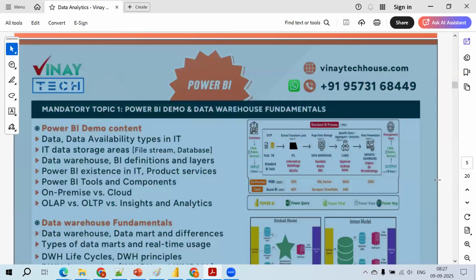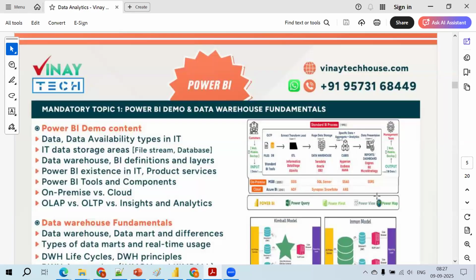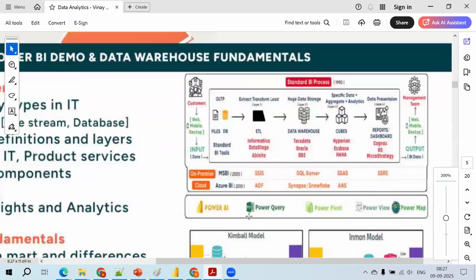If you see this diagram, friends, first, we have the data in the OLTP system, online transactional processing. From this data source, I'm extracting the data and then loading the data into a data warehousing system for a huge data storage.